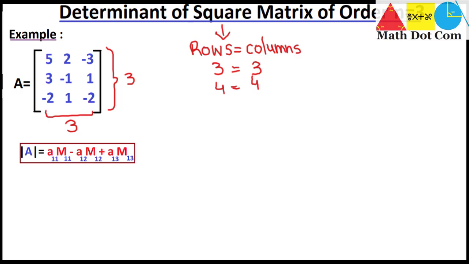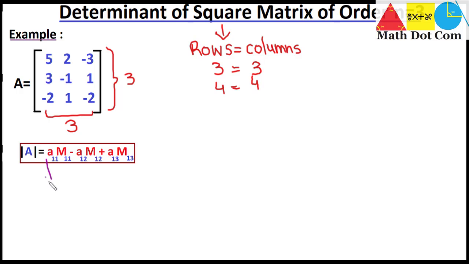So this is the formula for finding the determinant of a square matrix of order n equals 3. Keep this in mind, this formula is not the same for matrices of order n greater than 3, as it will change as the number of rows or columns increases. We will see that in the next lecture, but currently when you come across a square matrix of order n equals 3, you must have this formula for the determinant of A.